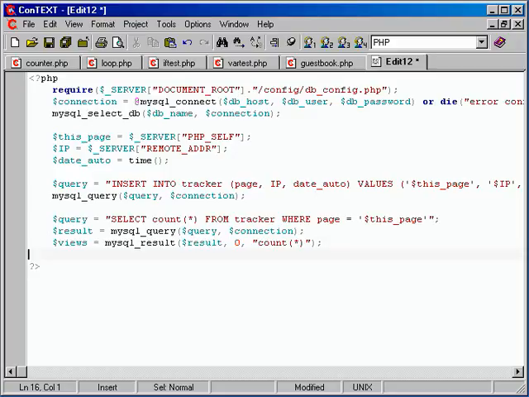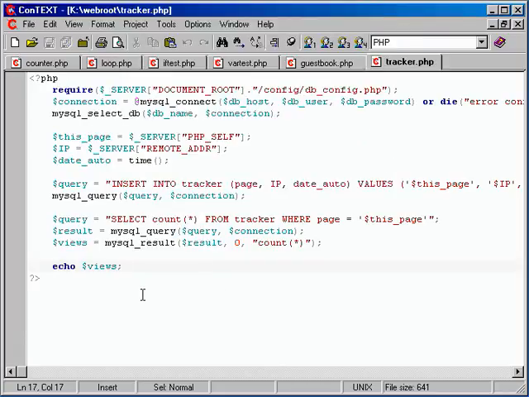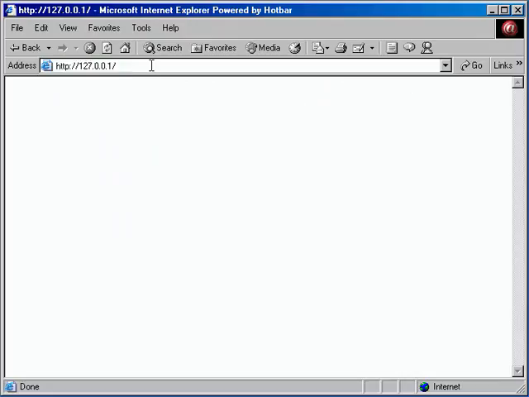And we can go ahead and echo $views. And with that, that should make up all we really need for basically the core tracker script. So I'm going to go ahead and save this out as tracker.php. And even though the script is actually going to be implemented in other scripts in just a minute, it'll actually run on its own. So let me go ahead and load it up just to demonstrate. So I'll go ahead and load up